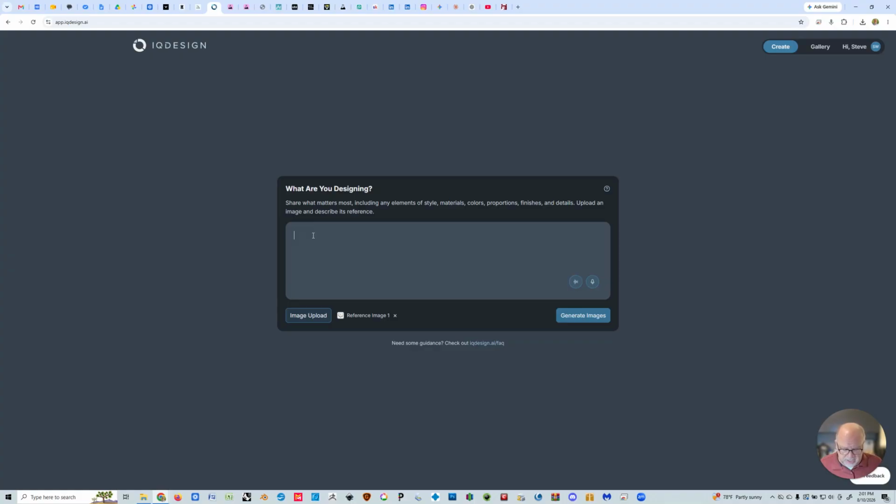pig image. And I'm going to say, create a photo realistic image of this pig footstool. I'm going to say white fabric upholstered body, pink fabric snout and tail, natural